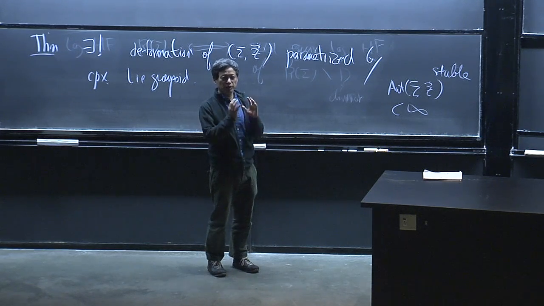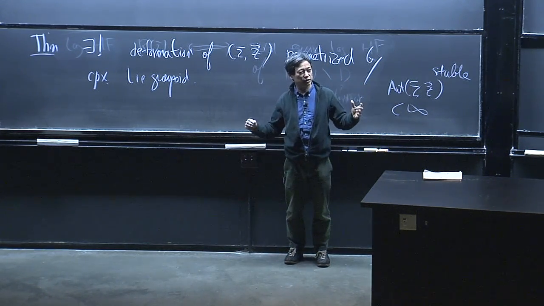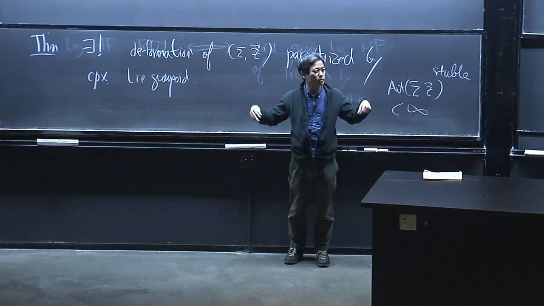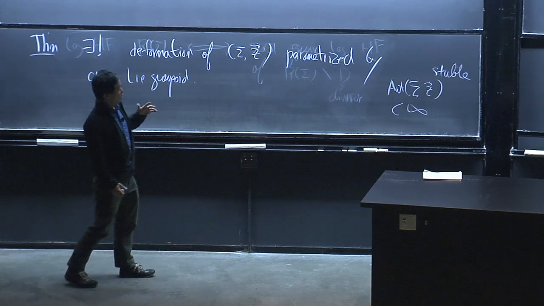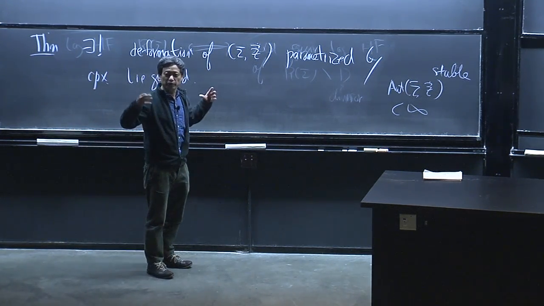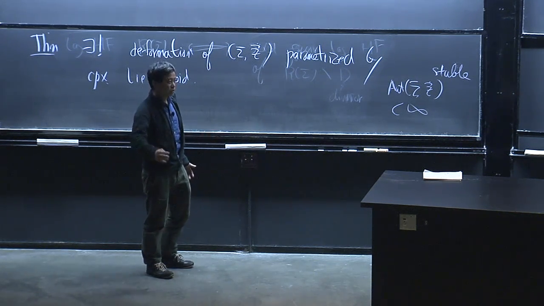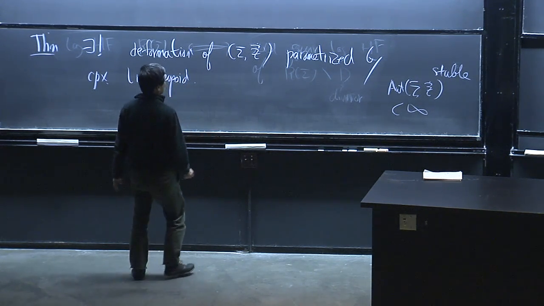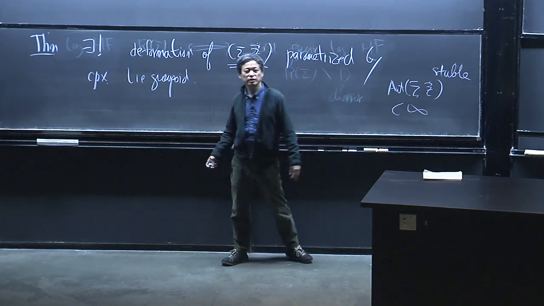If you have a moduli space of all stable curves, then this moduli space is not so bad. It's a kind of orbifold. It's globally some complex algebraic geometric object, and locally it's a quotient of C^n by a finite group. But then the main thing is that here we don't assume that this is stable.